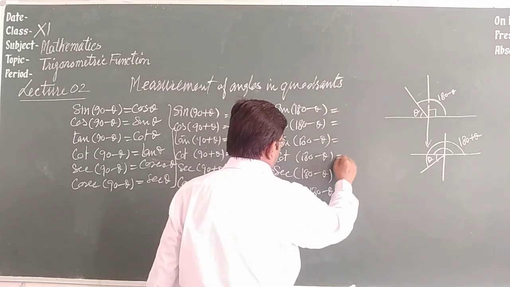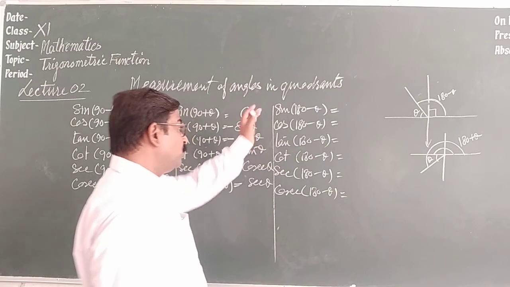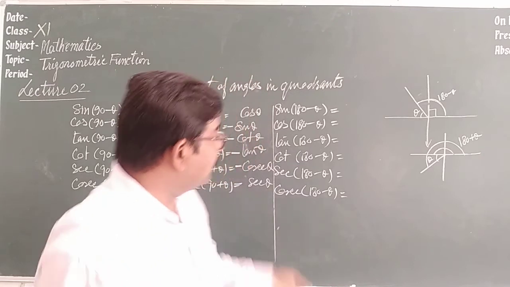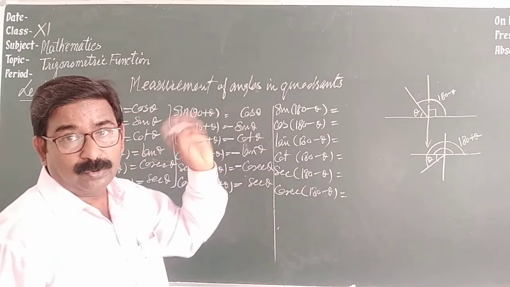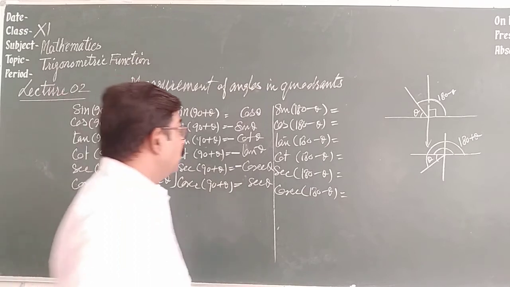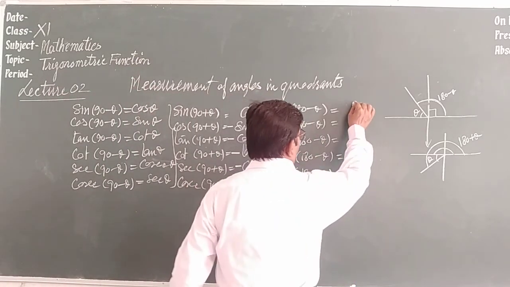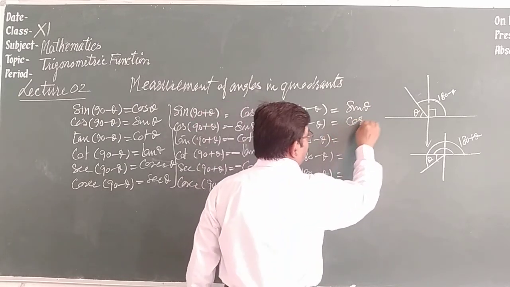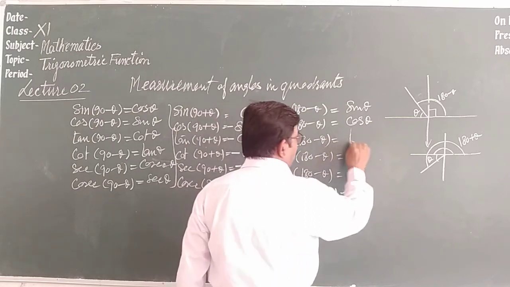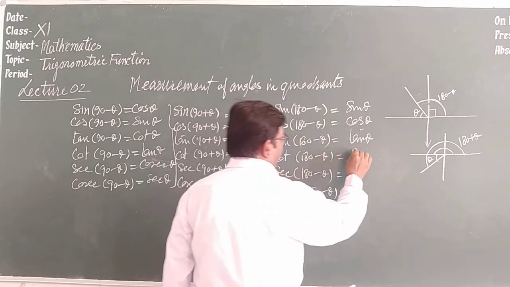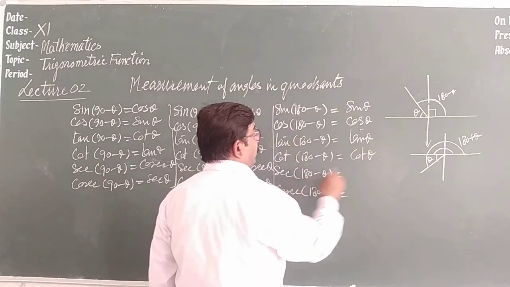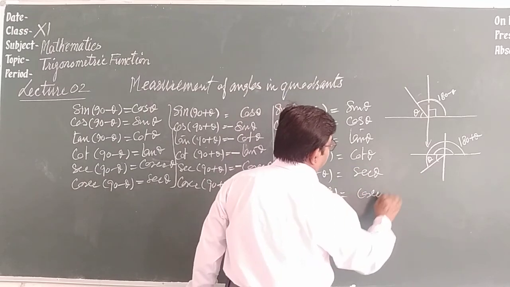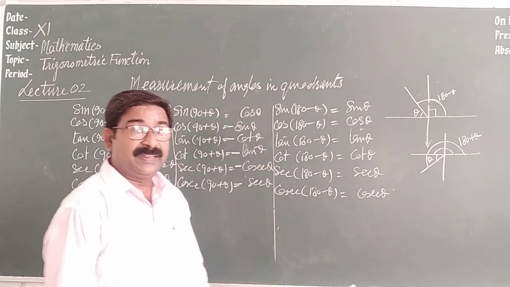See, what I told, when we move through 180 degrees, the ratio converts into itself. Means sine converts into sine, cos converts into cos, tan converts into tan. So sine 180 minus theta is equal to what? Sine theta. Cos 180 minus theta is equal to cos theta. Tan 180 minus theta is equal to tan theta. Cot 180 minus theta is equal to cot theta. Sec 180 minus theta is equal to sec theta. Cosec 180 minus theta is equal to cosec theta. But what I gave the idea,